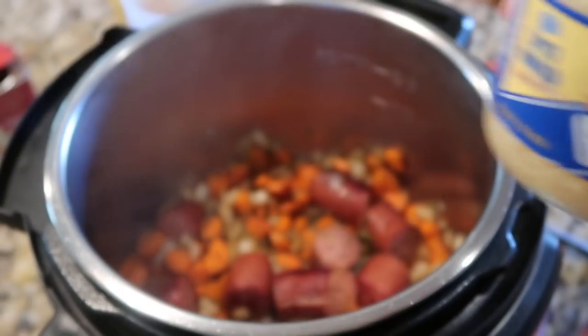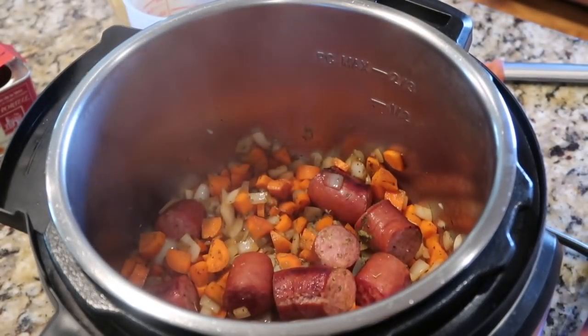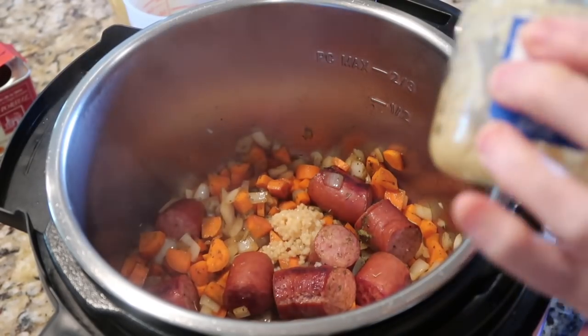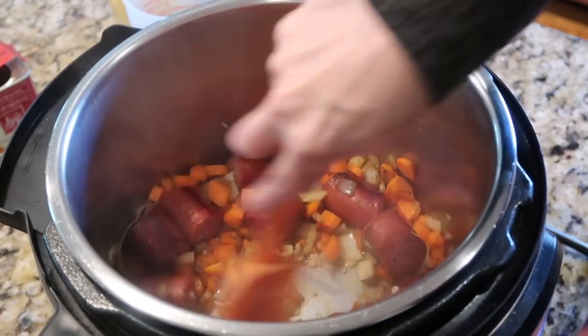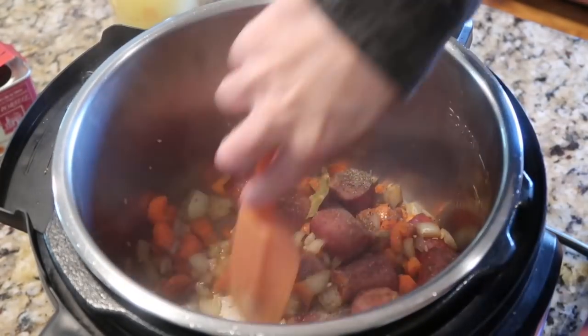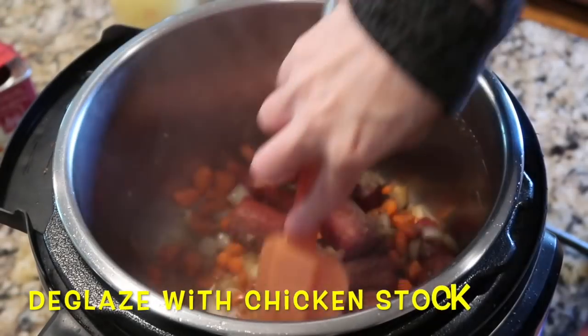Towards the end, I added the garlic. The original recipe calls for about 4 cloves of fresh, so I added about 2 full teaspoons of the minced jarred garlic. A half a teaspoon of black pepper, and then I got all the spices toasted and started slowly